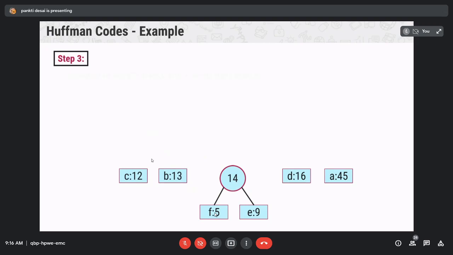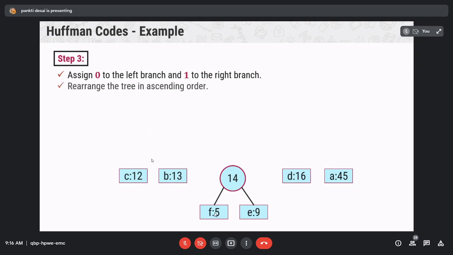Now next is assign 0 to the left branch and 1 to the right branch. We use these nodes of the tree for encoding, so for that we have to assign 0 and 1. We have to perform the encoding and decoding of binary numbers using the Huffman code, creating binary numbers for particular characters.